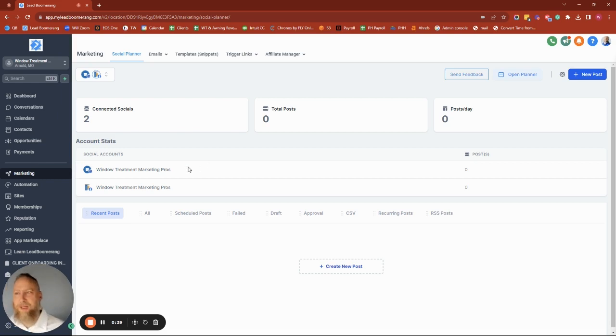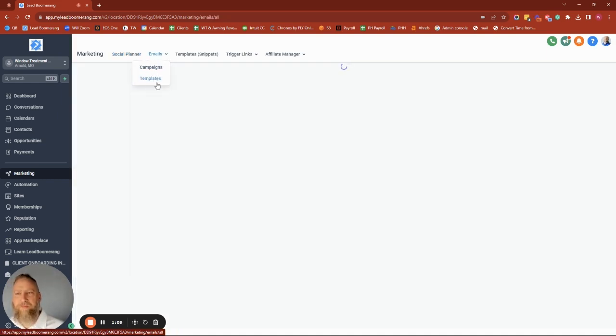So from Lead Boomerang, the first thing we're going to do is click on Marketing. And then we're going to go up to the top here and we'll see a couple things. Email campaigns, email templates under the email area. So I want to talk about both. At the end of the day, what you're going to do is an email campaign to your audience. The best way to do it is to first build a template. So if I go to emails and templates,